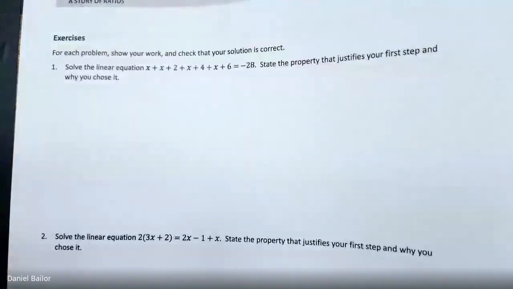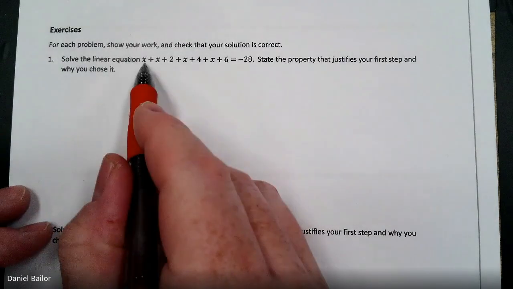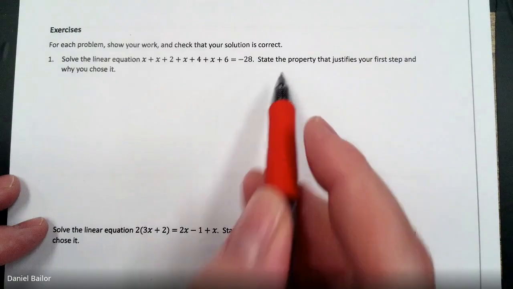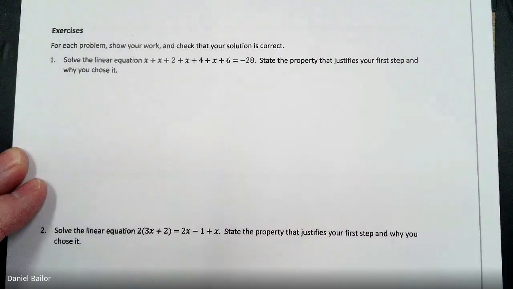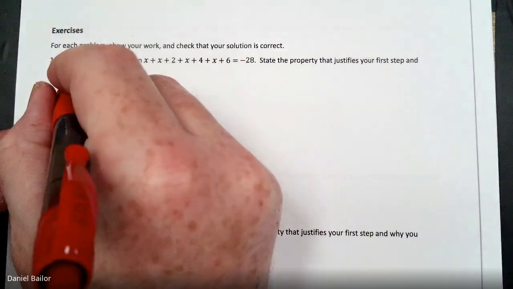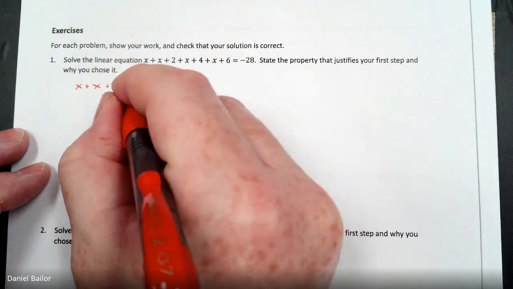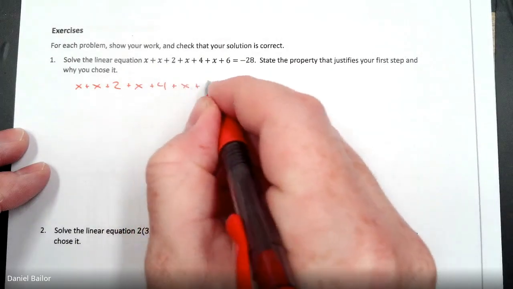Go to page 29, exercise 1. Solve the linear equation. This is our equation, x plus 2 plus x plus 4 plus x plus 6 equals negative 28. State the property that justifies your first step and why you chose it. Okay, so remember, I'm going to do my work on one side and my explanation on the other. So first, let's copy the equation. x plus 2 plus x plus 4 plus x plus 6